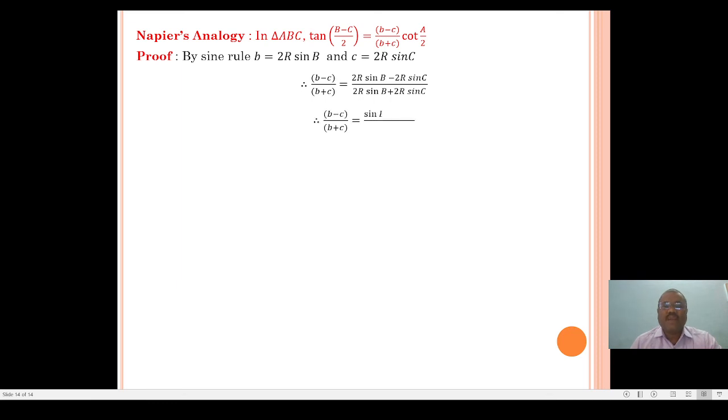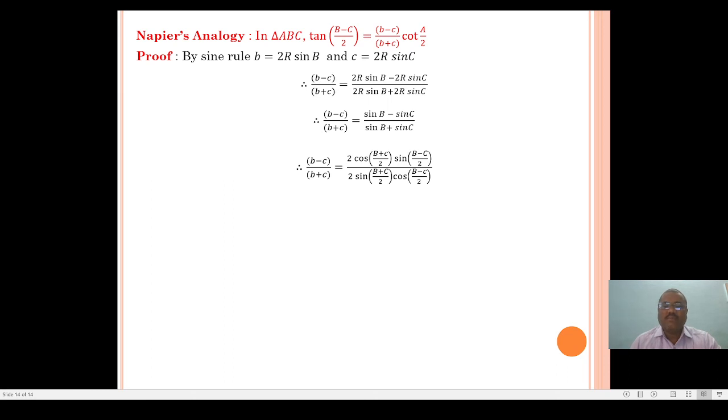So (b minus c) upon (b plus c) equals (sin B minus sin C) upon (sin B plus sin C). So using the sin C minus sin D and sin C plus sin D formulas, we get (b minus c) upon (b plus c) equals 2 cos (B plus C) upon 2 into sin (B minus C) upon 2